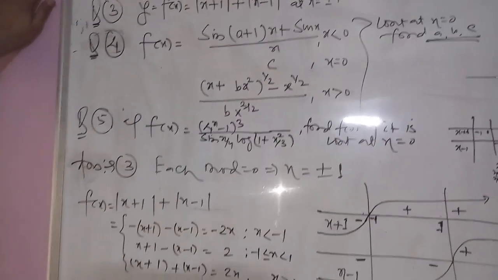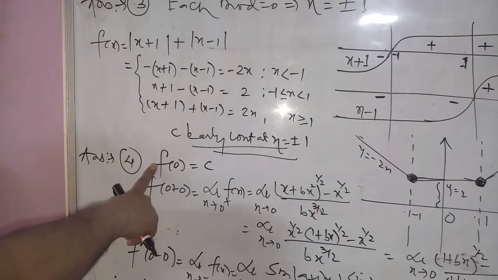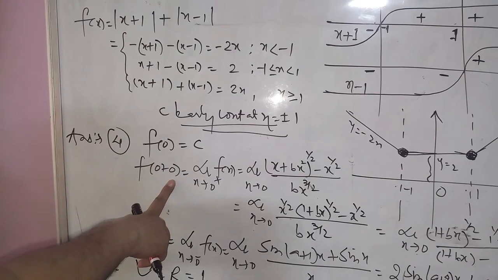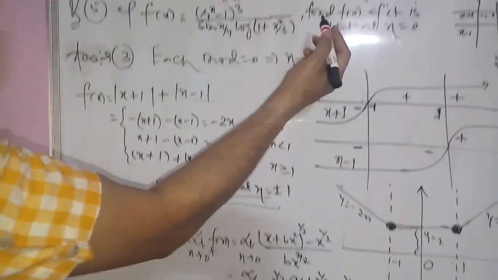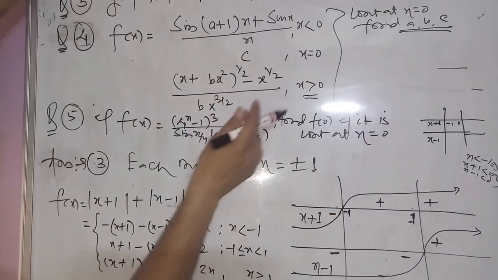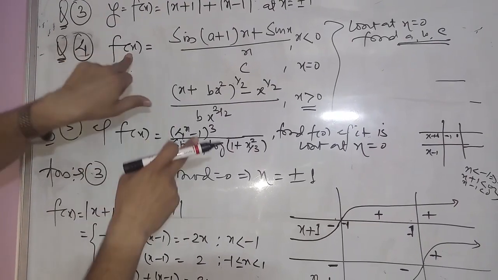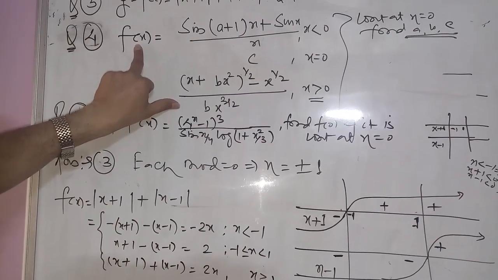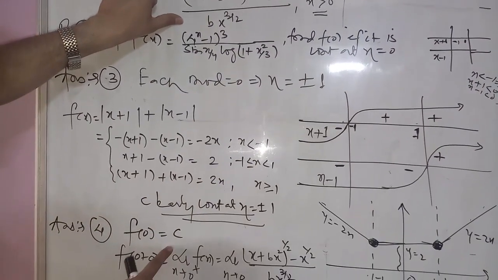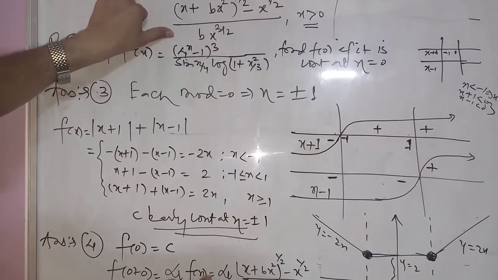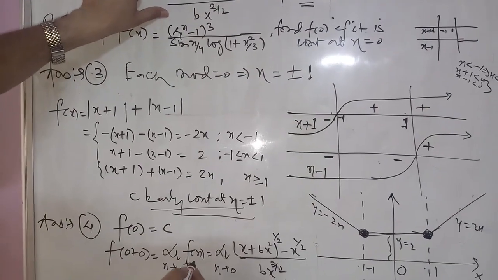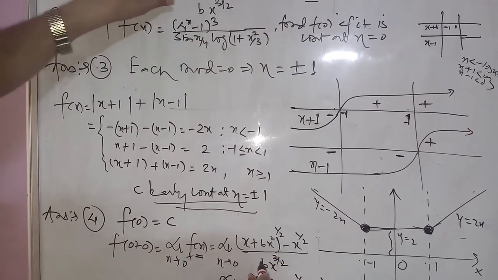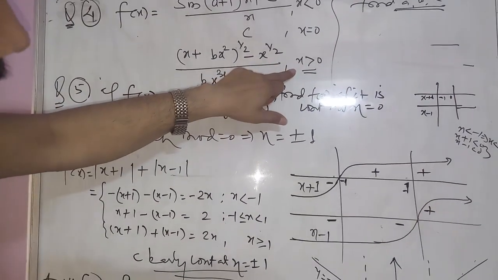First, at x equal to 0, f of c, the right hand limit at 0. Here, for x greater than 0, the functional definition is this. So, without introducing h, limit x tends to 0 plus f(x), we directly put f(x) equal to this definition of the function for the case x greater than 0.